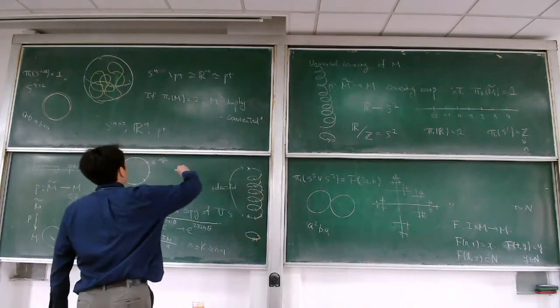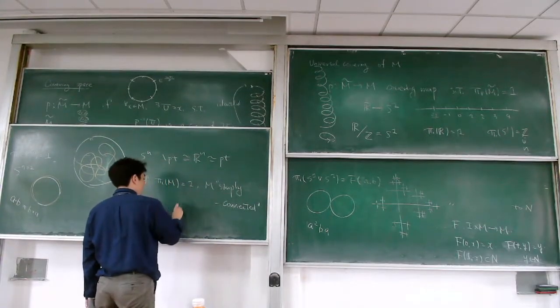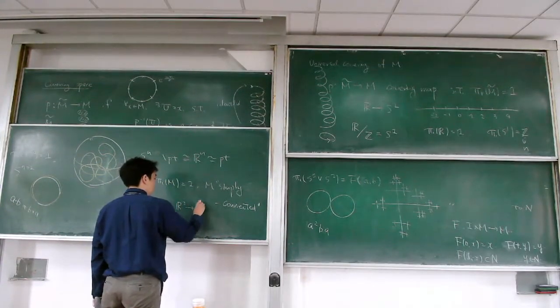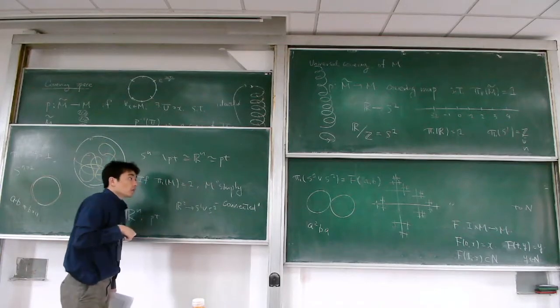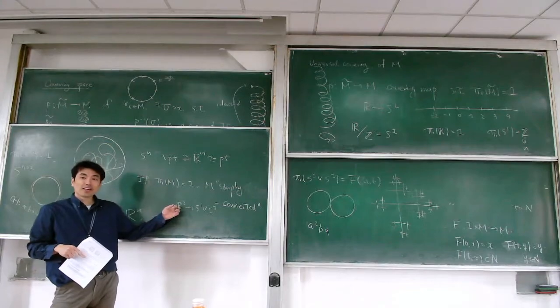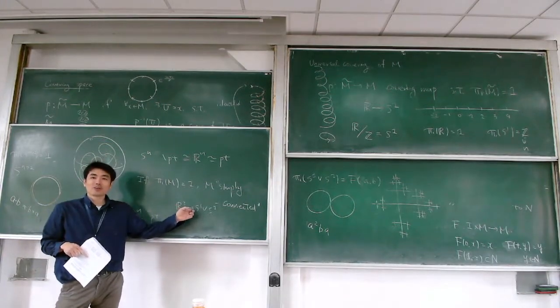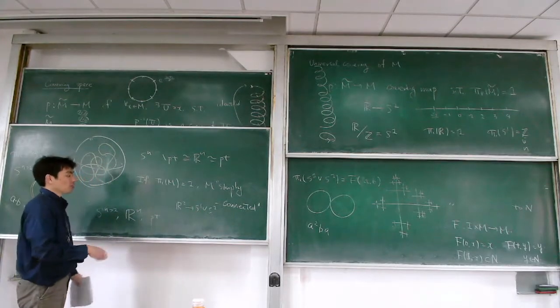If it is R2, I think what you mean is, so this is two-dimensional, right? It is one-dimensional. So one-dimensional means the